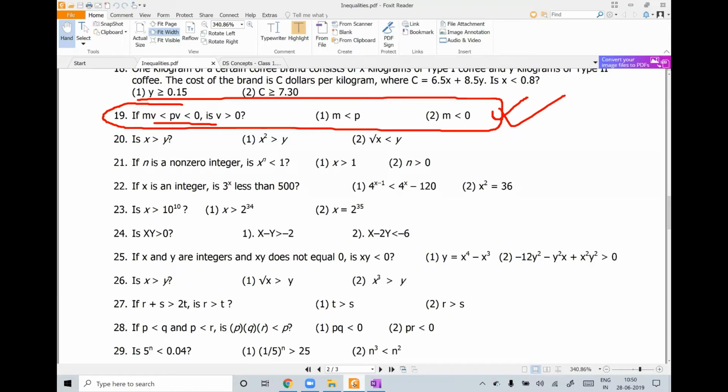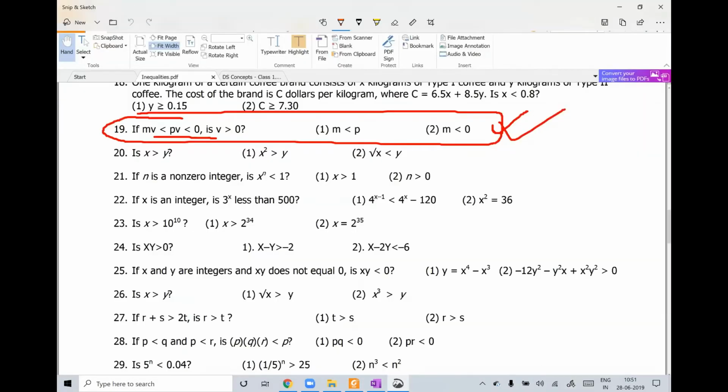I don't know actually. So simply, let's say if you have to simply try by taking some sort of number, please try. Simply first give a trial from your end for sure. Now I don't expect you to solve it in the way... If this question comes in front of you, where it is given that MV is less than PV is less than 0, the question is asking you V greater than 0. So one statement is very easily solvable. See here, it says the question is V greater than 0, right?